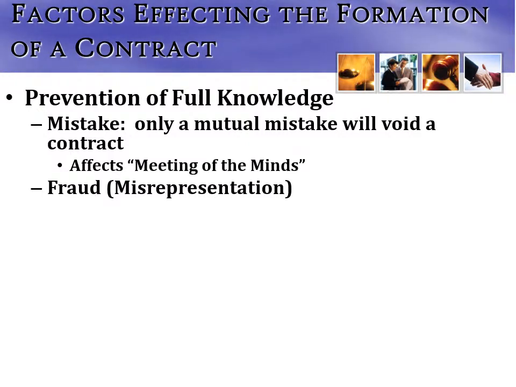Now, what about fraud and misrepresentation? What happens if you're prevented full knowledge by the other party? The other party's defrauding you or misrepresenting the truth of the contract or the item. Typically what happens here is the court will come in and punish the wrongdoer, punish the fraudulent party. And we have another word for that. The fraudulent party, the misrepresenting party, does not come to the contractual bargain with clean hands. That's the term that's used. He or she does not come to the bargain with clean hands.